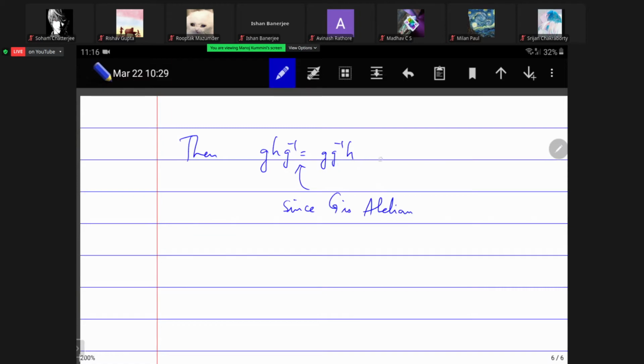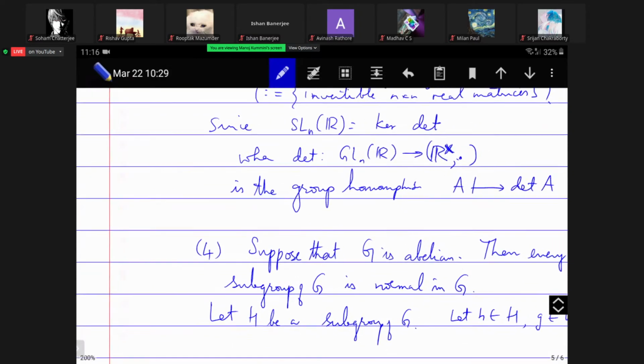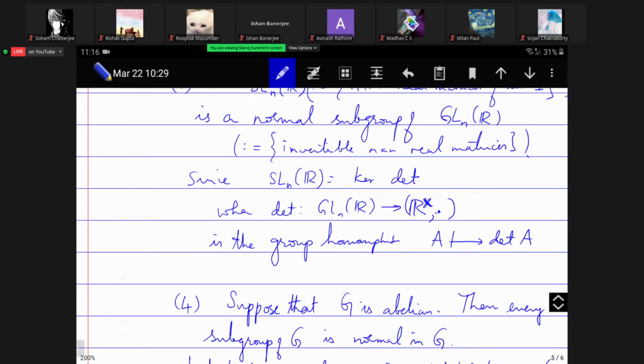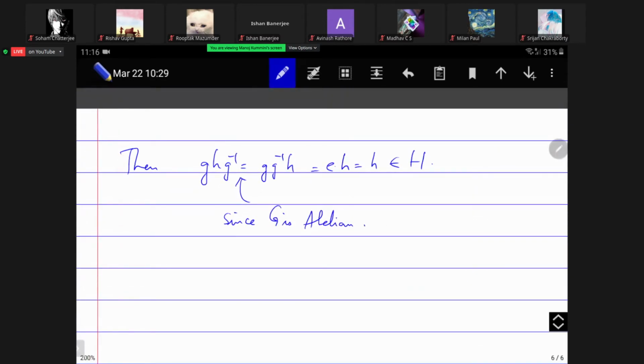And g inverse is identical. This is inside H. So here are some examples of normal subgroups. Okay. So now one more topic, and then we would like to discuss